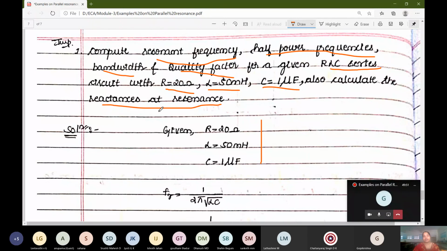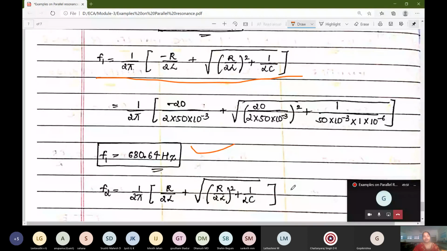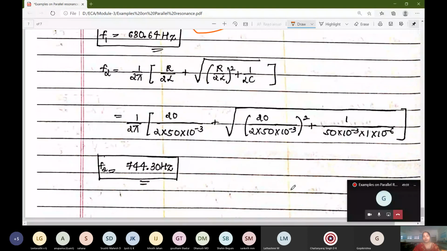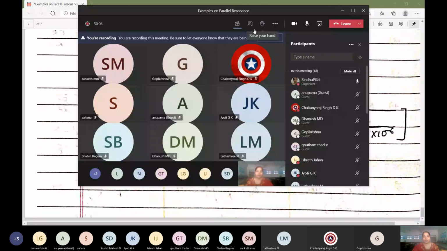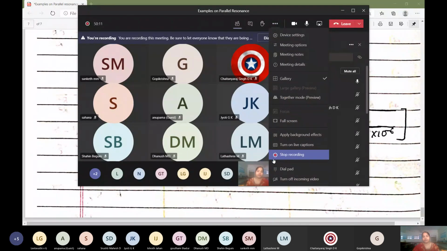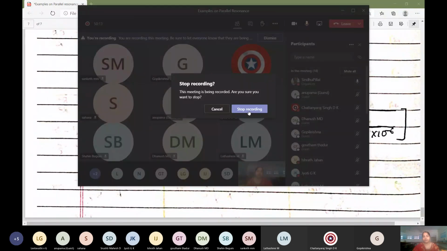Next find out the reactances XL and XC. You have to do that by yourself. I have done the problem till F1 and F2. Complete the problem. So we had seen various examples for series and parallel circuit. Some more examples we will go on with in the series by tomorrow.